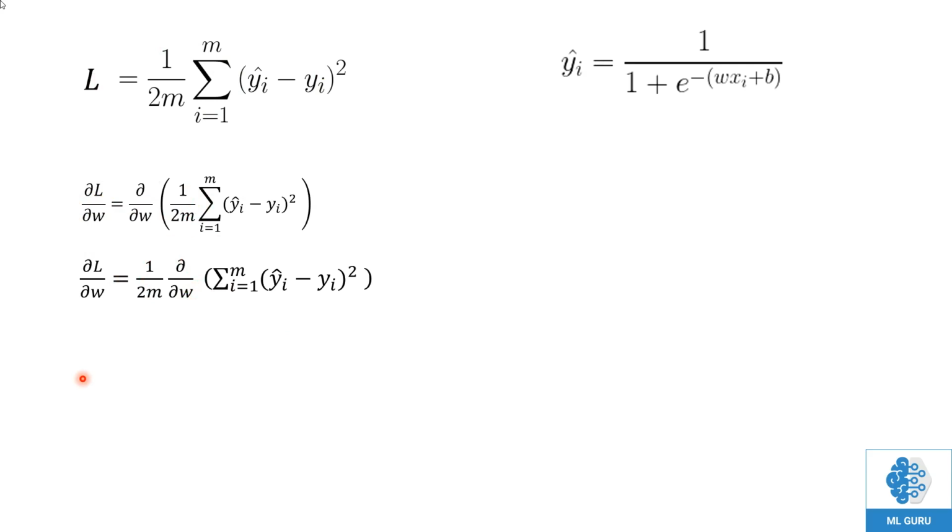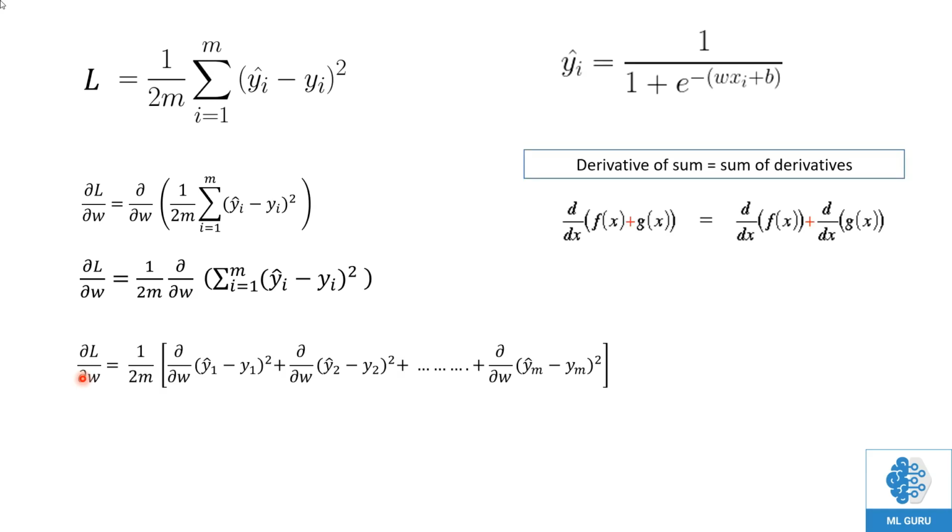Now you may know that there is a formula in derivatives that the derivative of a summation is equal to the sum of the derivatives. For example, look here, you have to calculate the derivative of the sum of these two terms. So what we do is calculate the individual derivatives of these two terms and then add them up. We will use the same concept here. We take this derivative inside and apply it to each summation term individually. As you can see, we have expanded this summation, where i varies from 1 to m.